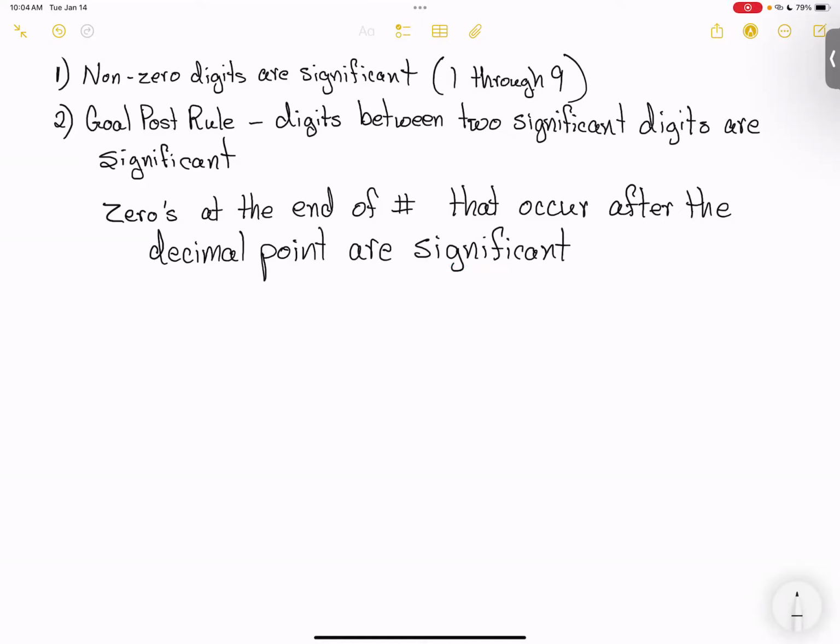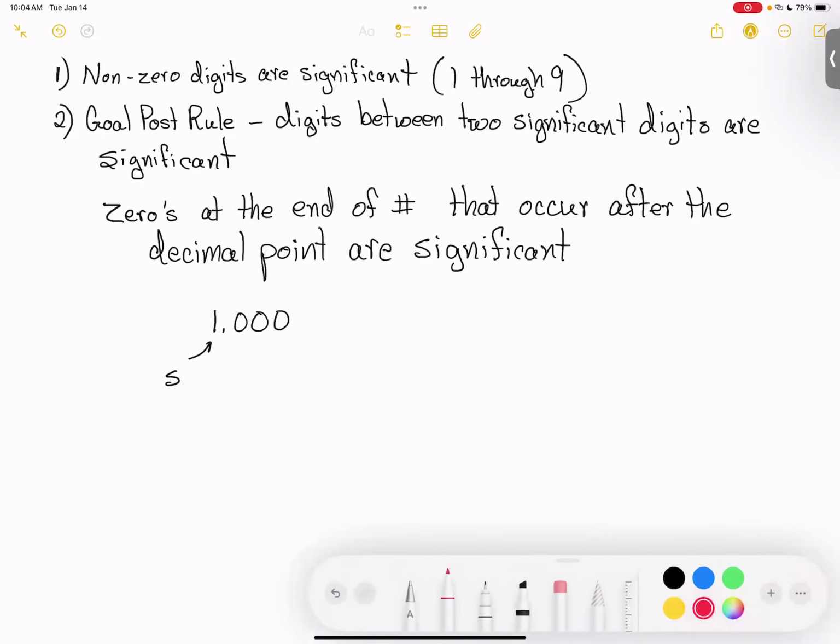So an example of this would be like 1.00. Well, let's just add another zero to that. We know this one is significant because it's a non-zero digit. This zero is also significant